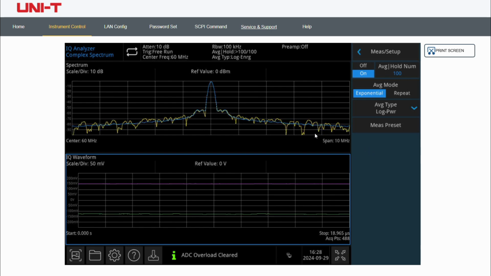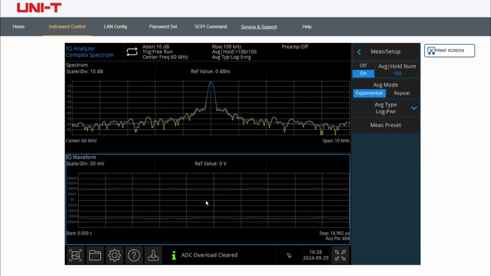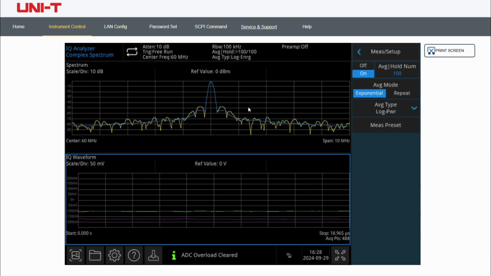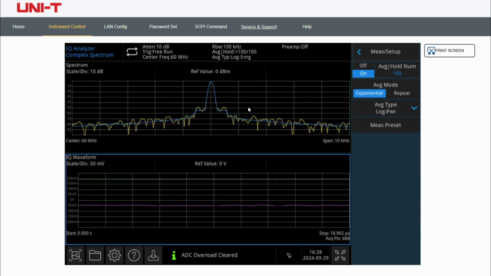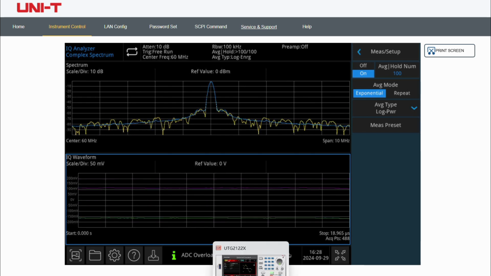This window displays the IQ waveform signal. That is the data we want. This purple trace is the I wave signal. The green trace is the Q wave signal. Because IQ analysis is used to test modulated signals,